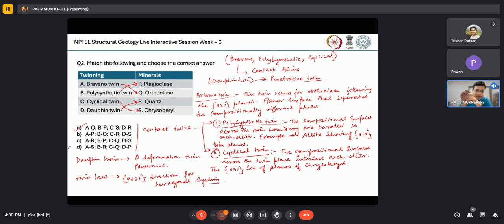Now, if you increase pressure, it will eventually lead to the formation, provided that at that particular pressure the exsolution status or the exsolution temperature will also change. So eventually you have to raise the temperature as well. If you keep the temperature constant and increase the pressure, that means you're applying certain lithostatic pressure or some stress, you will eventually end up not producing the polysynthetic twin in plagioclase, because it will exceed